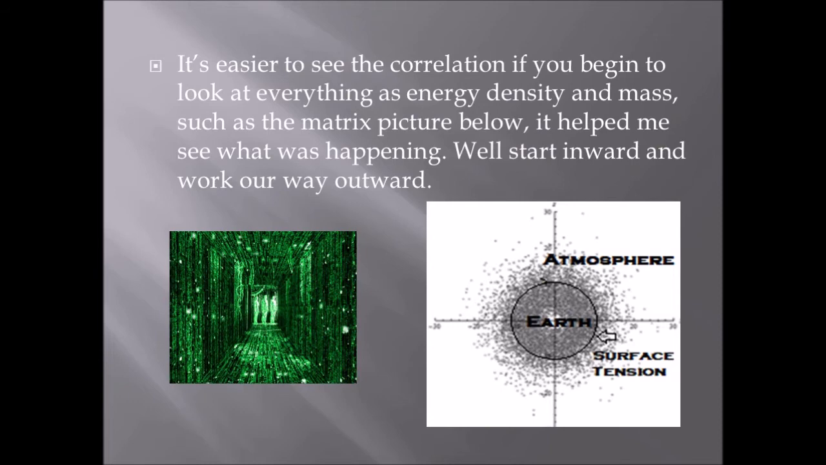So I like this picture because this is really how I started thinking about everything. If you go back to the Matrix where he just sees all the codes going up the walls, I started thinking about everything as energy density and surface tension layers, and it just made a lot more sense. It seems like the massless energy is trying to find equilibrium, and that's why it's so repelled by the mass. It goes so fast, but